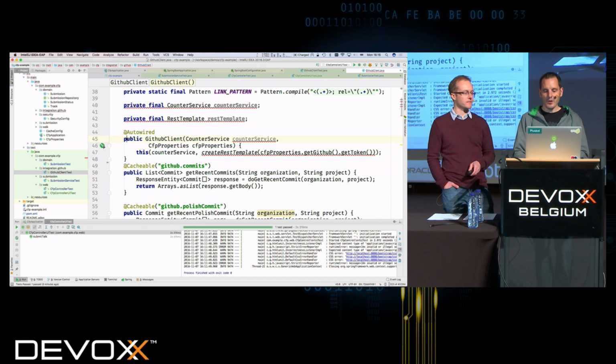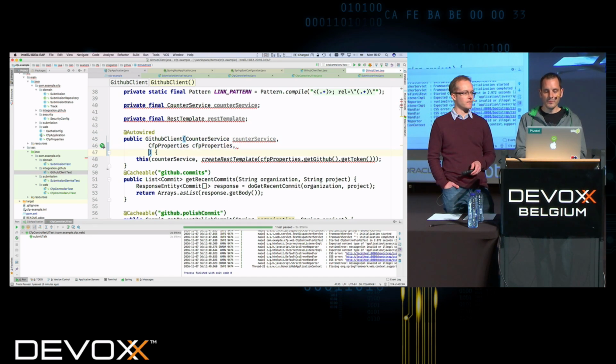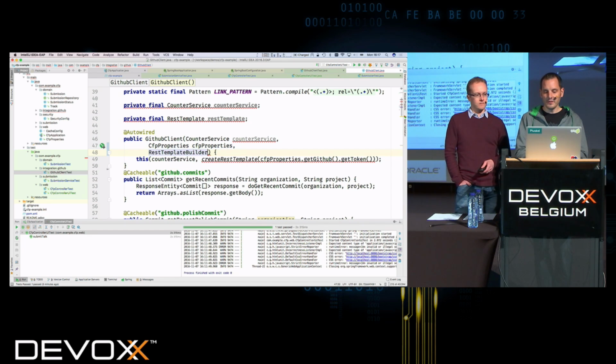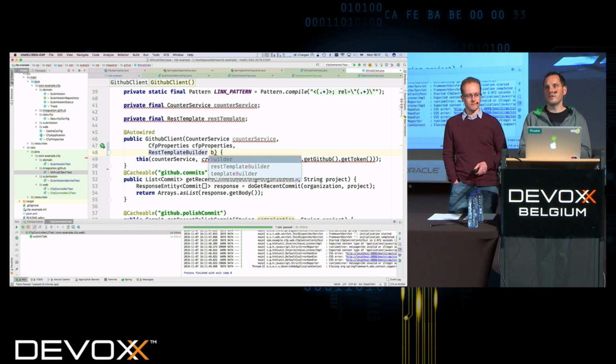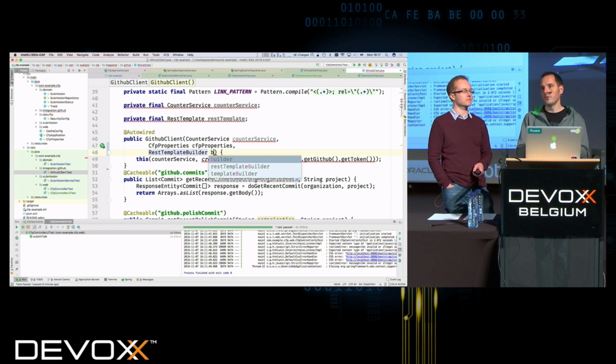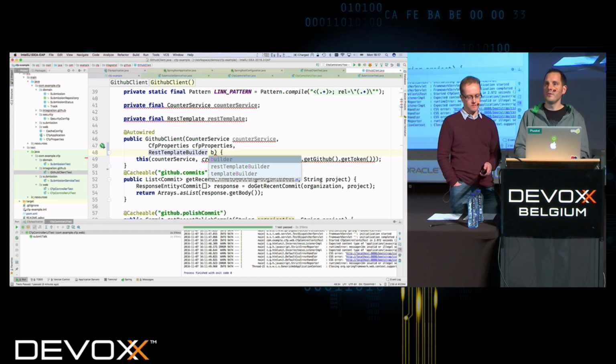So let's see first how we can improve that code with another feature that's going to be useful in this case. New in 1.4, we now provide you a REST template builder. The REST template builder will basically share all the customizations that have been found in the context, such as custom HTTP converter, custom interceptor, other customizations that you want to do on your REST template. It will inject you the builder with all that information and allow you to further customize it before creating an